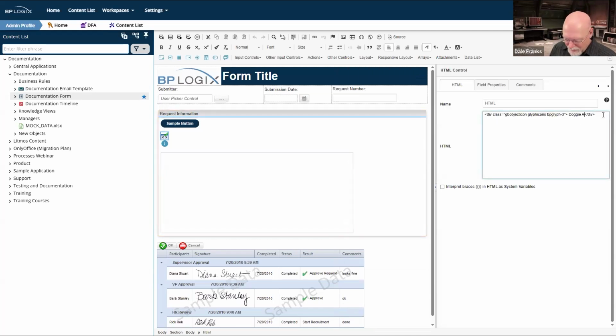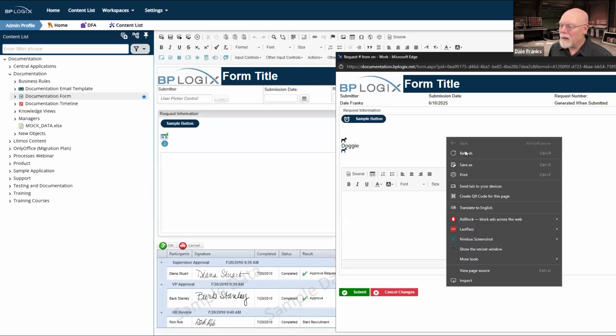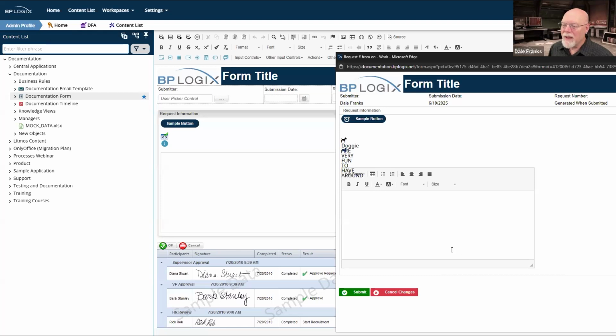So doggies are very fun to have around. Okay. Oh, well, I probably shouldn't have hit all caps, but I guess it doesn't matter. It's just a demo. We'll let it save, and we'll reload this here. So as you can see inside that div tag, I'd probably have to put some other styling on it to set it as a block so it wouldn't overwrite this.